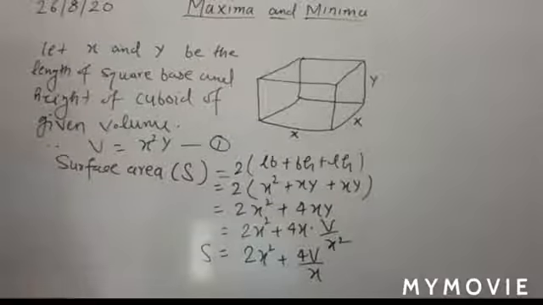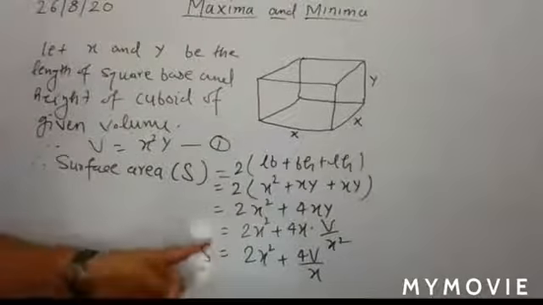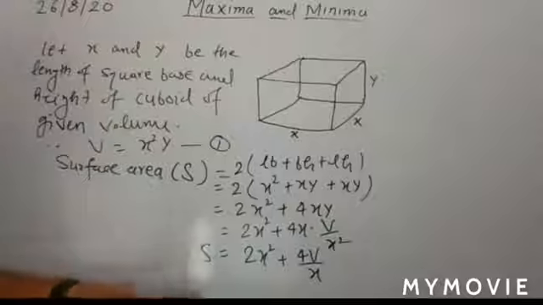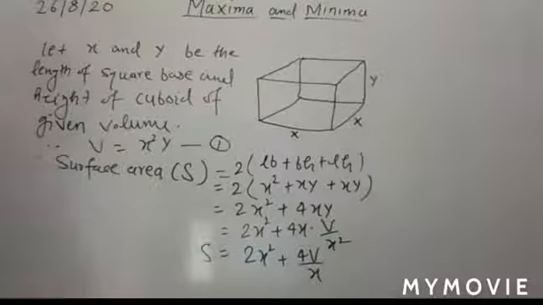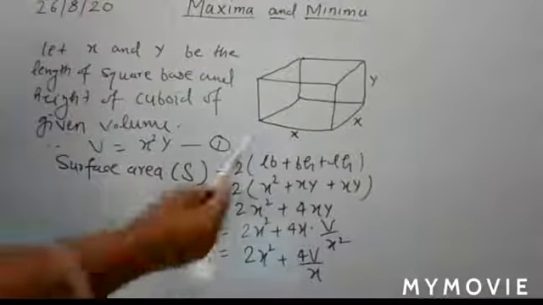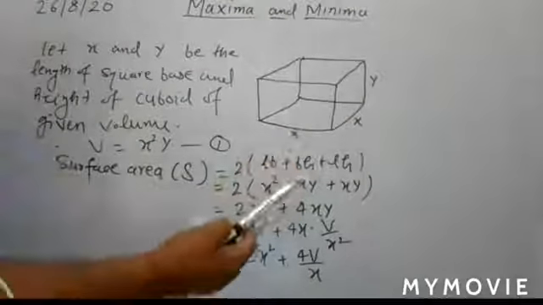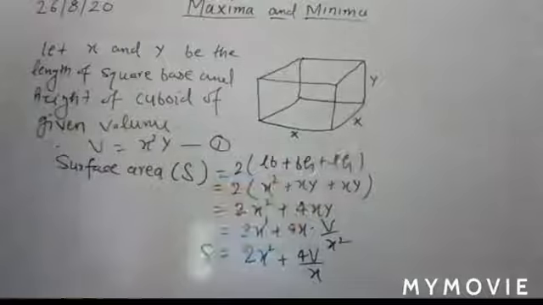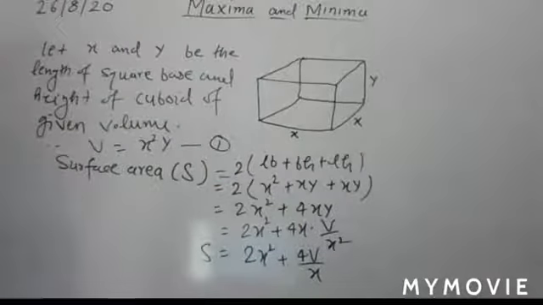Understand? Now you have to show that this is a minimum, then it is a cube. And when you say it is a cube, when x and y are equal, x length and breadth are already equal, and if height is also equal to x, so your result is true.